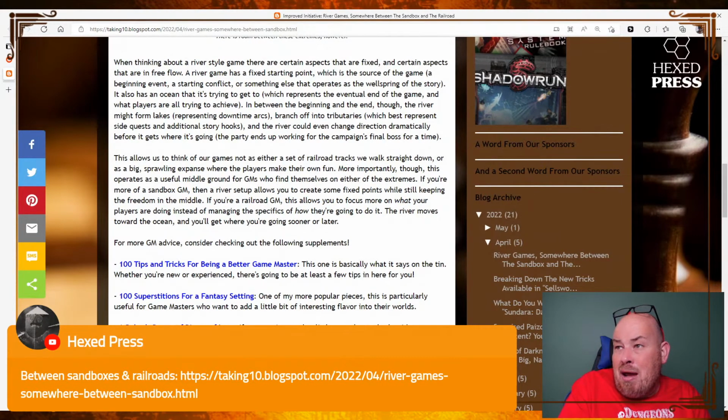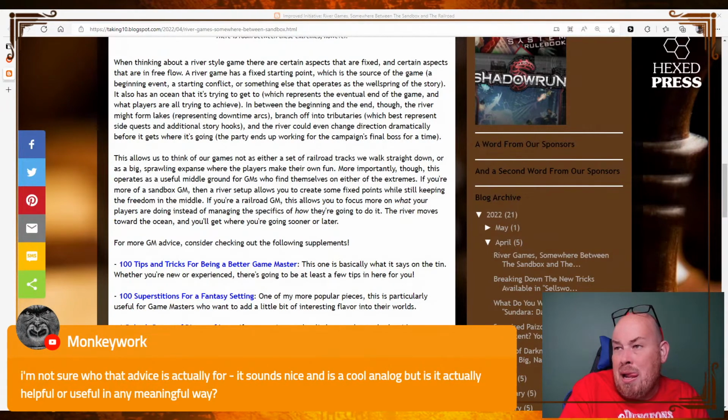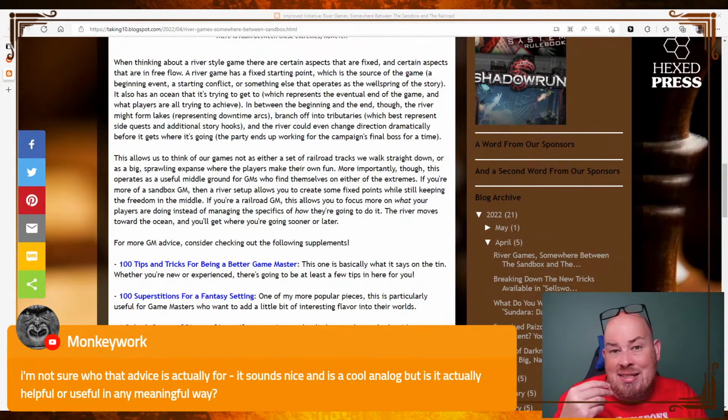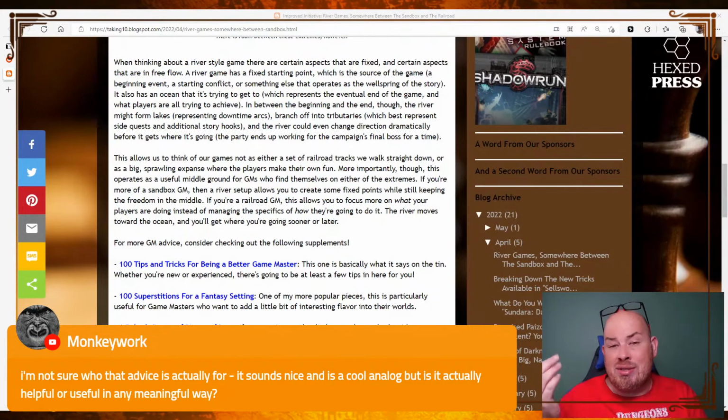Monkeywork says, I'm not sure who the advice is actually for. It sounds nice and it's a cool analogy, but is it actually helpful or useful in any meaningful way? Yeah, Monkeywork, I agree with you. I don't really think it is. Brian Smith, it's kind of just a metaphor. What's a metaphor for? Yeah, same thing. Like someone had this nice imagery of, ooh, this is what it is, but it's